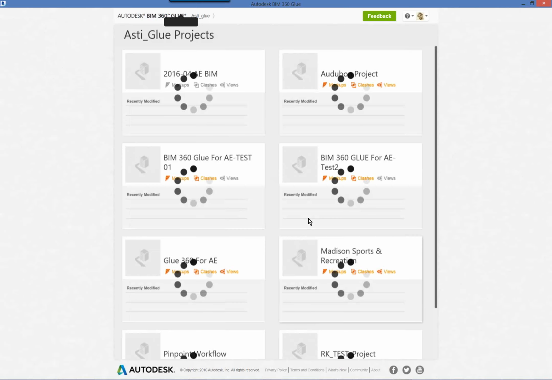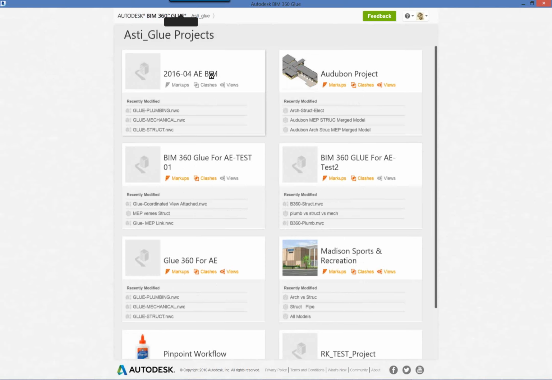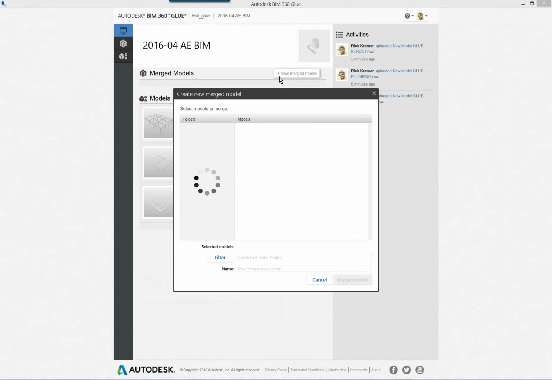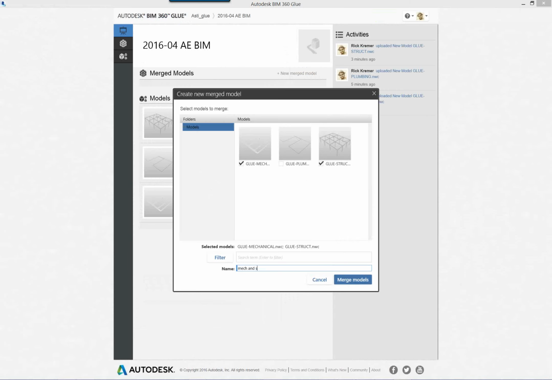I'm going to go back into the project, and what we need to do next is create what's called a merged model. The merged model enables us to take the individual models and create a merged model where we can look for conflicts. This is the heart of BIM 360 Glue. Over here, you'll notice that you have the ability to click on these different aspects. In this case, what I want to do is do a merged model that is, let's say, just mechanical and structural. What over here I'll do is I will give it a name called Mech and Struct